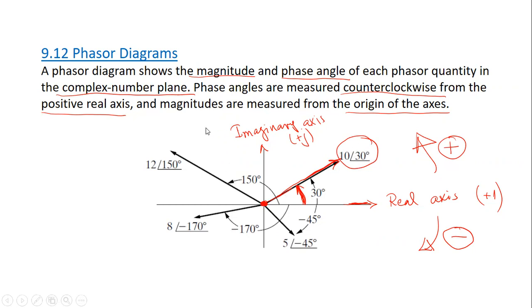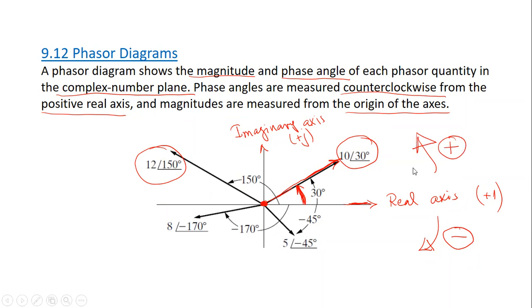So now I will draw another phasor, which is also with a positive angle. Here we have a magnitude of 12 and an angle of 150. And this 150 is positive. So I need to start from the real axis and measure 150 degrees in the positive direction, which is